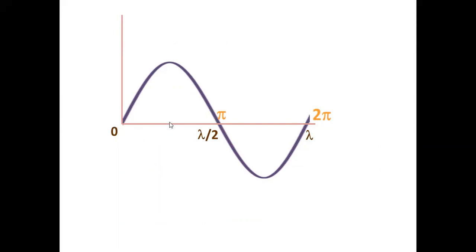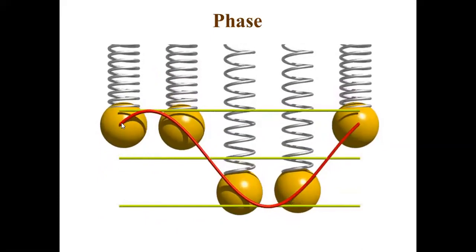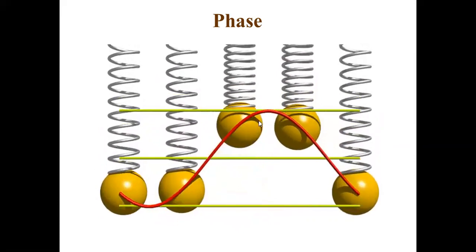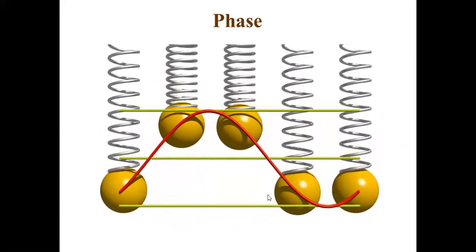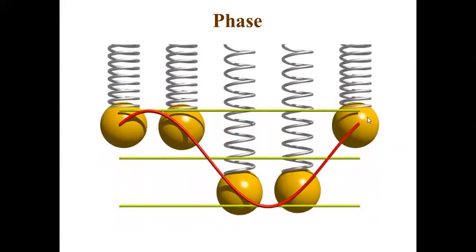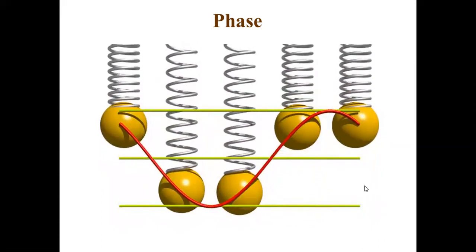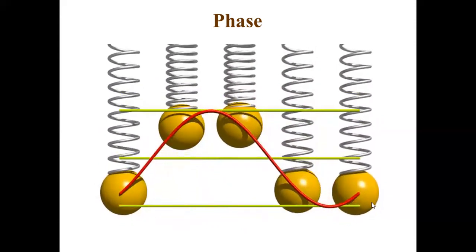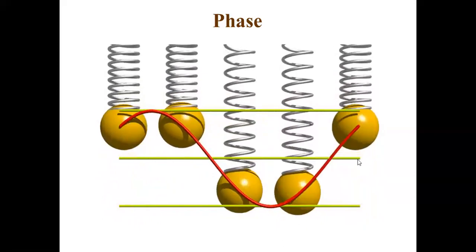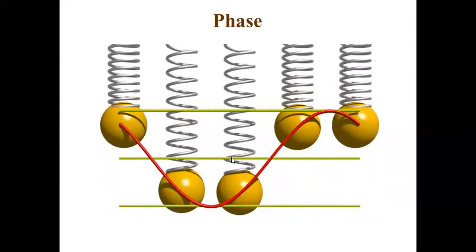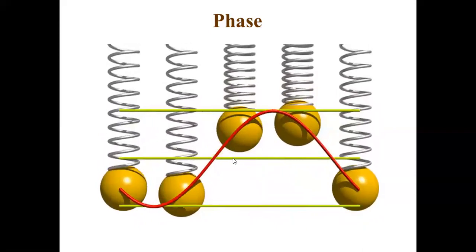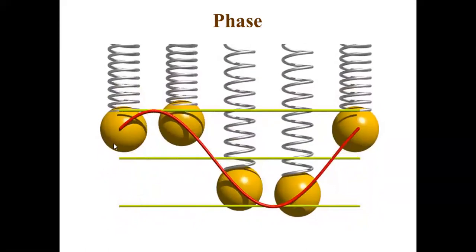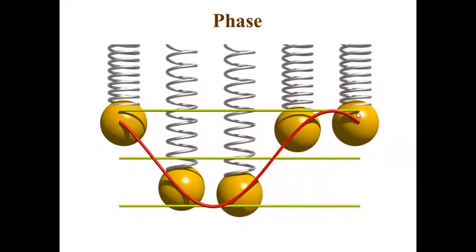That need not be from the origin itself, anywhere. So these two particles are separated by a distance of lambda by 4. This is lambda by 2. This is lambda. In a distance lambda they vibrate identically, but they will have a difference of one oscillation. So their phase difference is 2 pi, path difference is lambda. What do you mean by path difference? The distance at which these two particles are situated. So lambda distance, 2 pi phase difference.